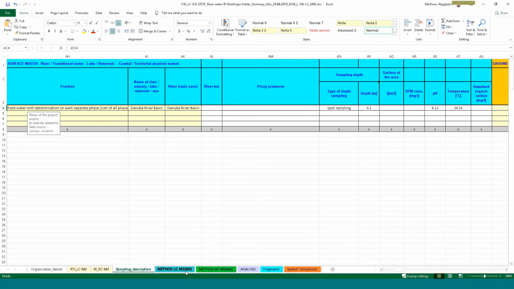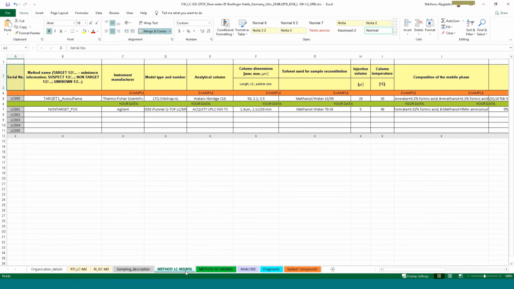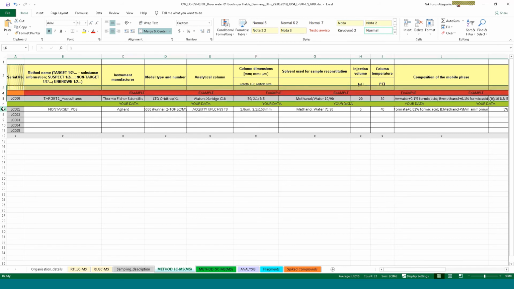In the next tab, we can find the instrumental method information for LCMS. Since we uploaded only positive ionization chromatograms, only one row has been filled, named non-target pos.